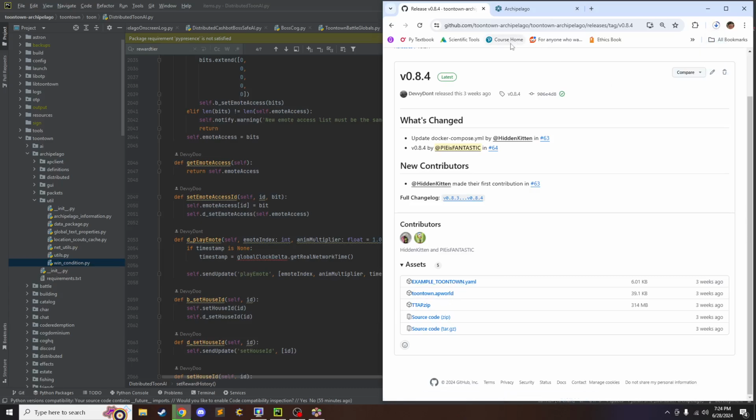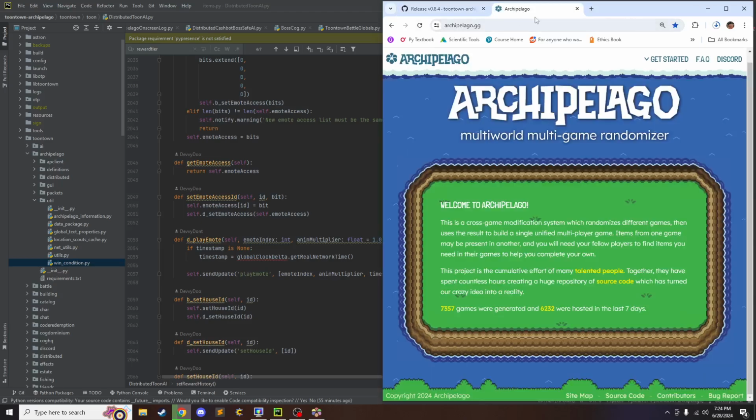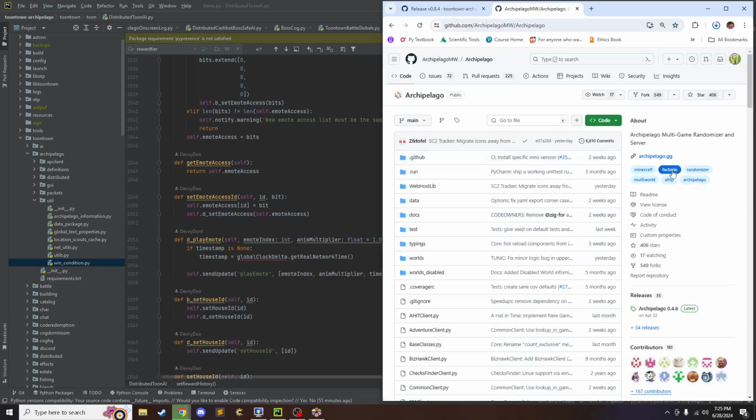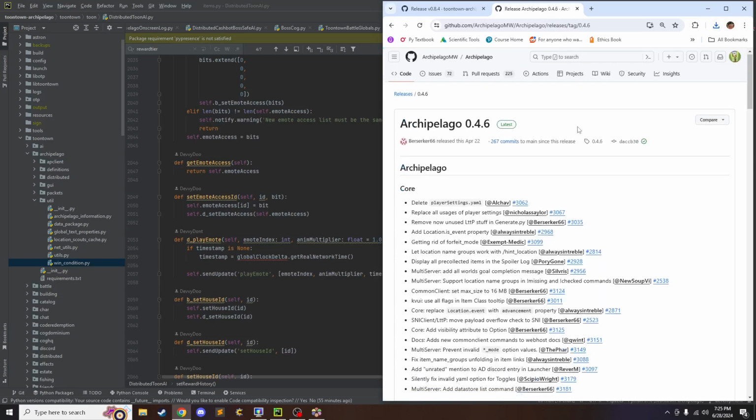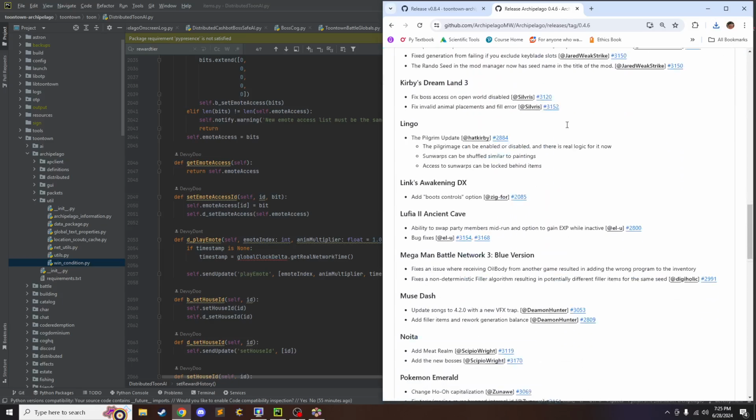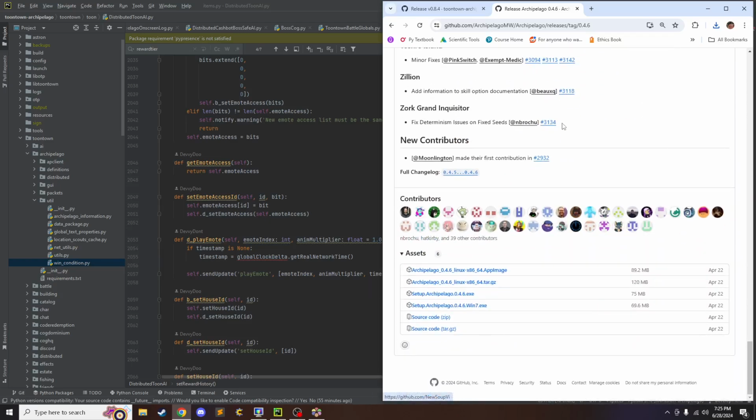While that is all downloading, we'll actually go to the Archipelago website here, and this will also be linked in the description, and we'll scroll down to the bottom. Here there's a source code link, and so you're going to click that, and this will take you to their GitHub. And from here, you'll need to go to the releases thing on the right here, and click this. This will take you to the Archipelago release page, and you'll scroll down to the bottom, and you'll download